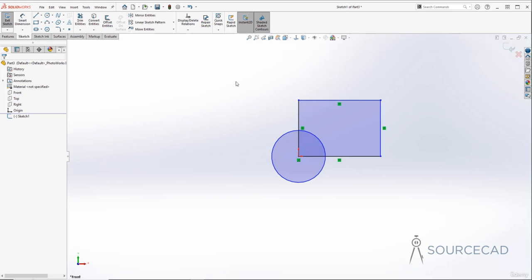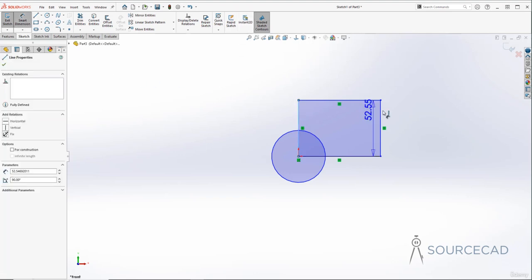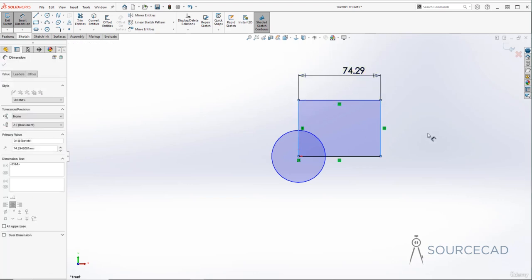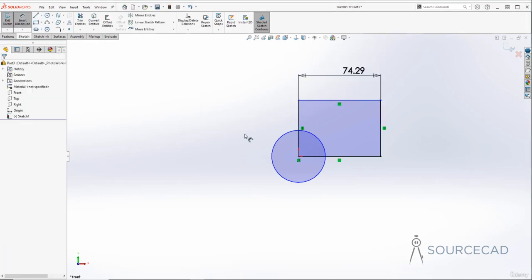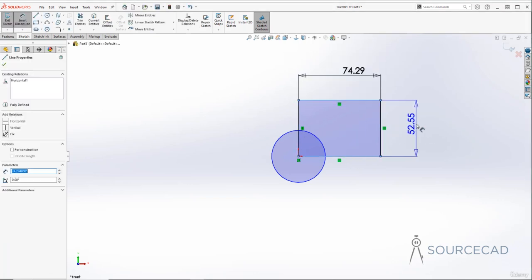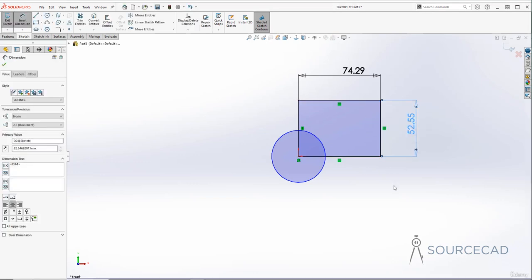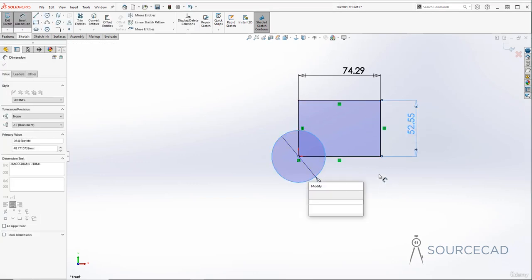But before I explain that, let me first deactivate this. And now I'll go to Smart Dimension and I'll add the first dimension right here. Alright, so we have the first dimension. I'll click OK to add it. Then I'll add the second dimension here. And again, I'm just going to click OK, and then finally the third dimension for this one, and I'll click